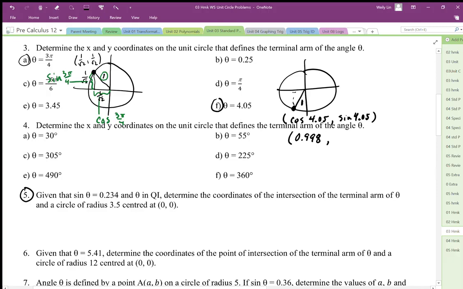I'm just going to do 4.05, and then take the sine of that, and that's going to give me the vertical positioning of that point, and that's going to be, okay, hold on here, 4.05, okay, and